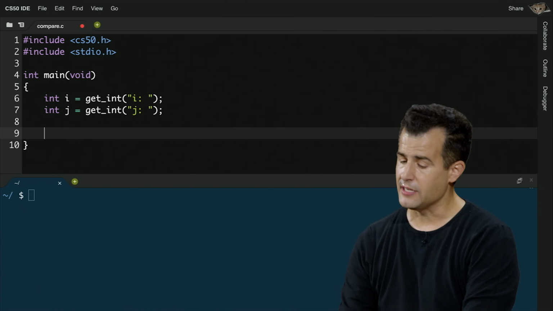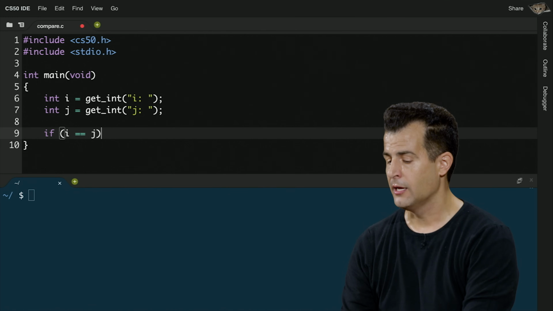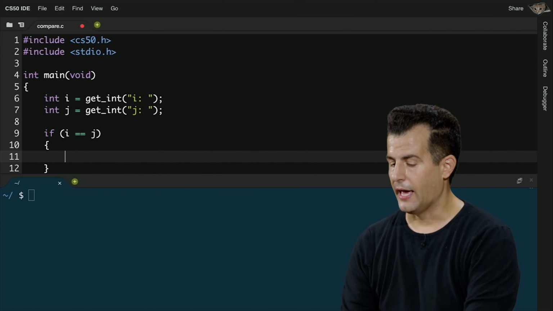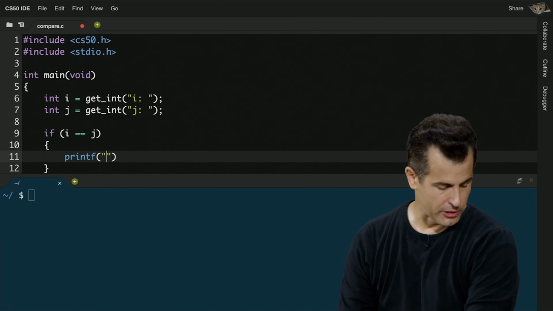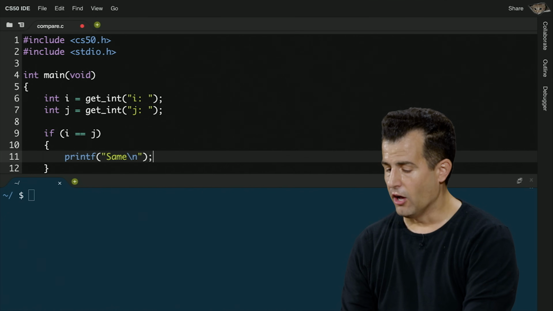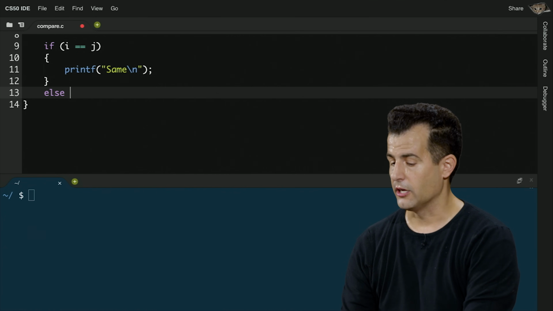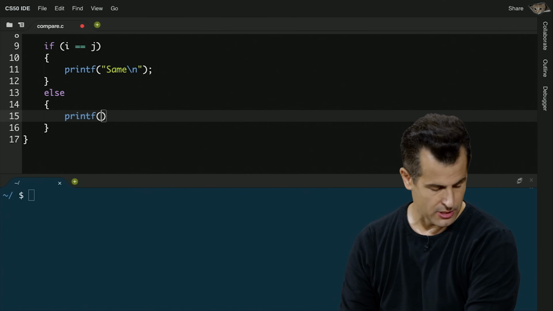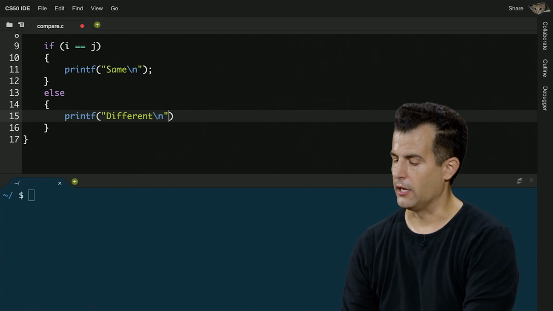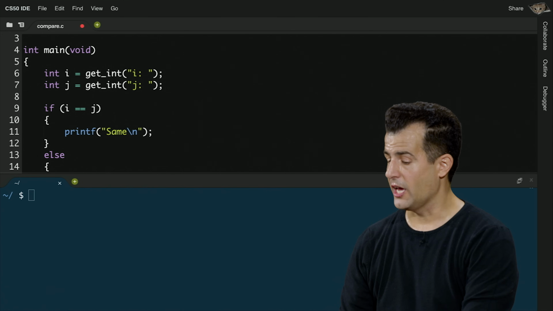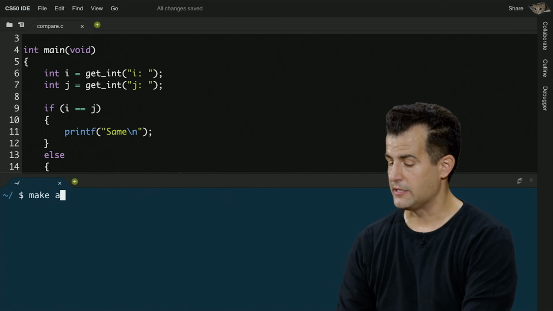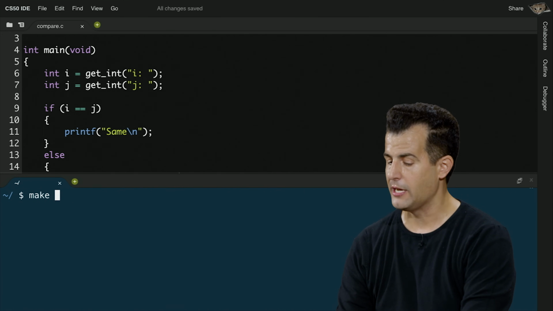And then I'm going to say if i equals j, then print with printf that they're the same. Else, if i does not equal j, I'm going to print out different\n. So if i equals j, it should say same. Else, if it's different, it should say different. So let me make compare.